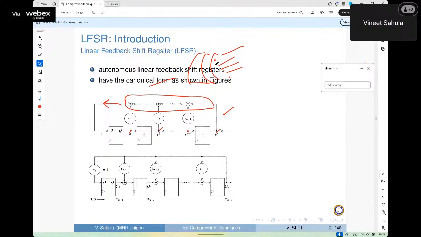Multiple input OR, or each of these is a 2 input OR. Right? This is type 1 LFSR. If you look at this, we are taking a tap from the last one and deriving a tap for everybody out of that. This is the same for everybody. We are deriving a tap for everybody, and then having XOR from the previous one, the current value and the previous one, or